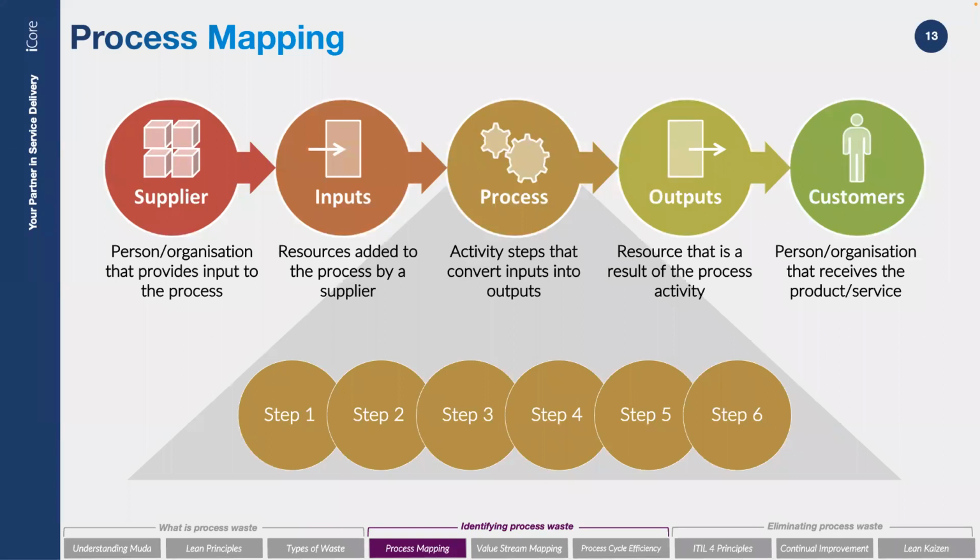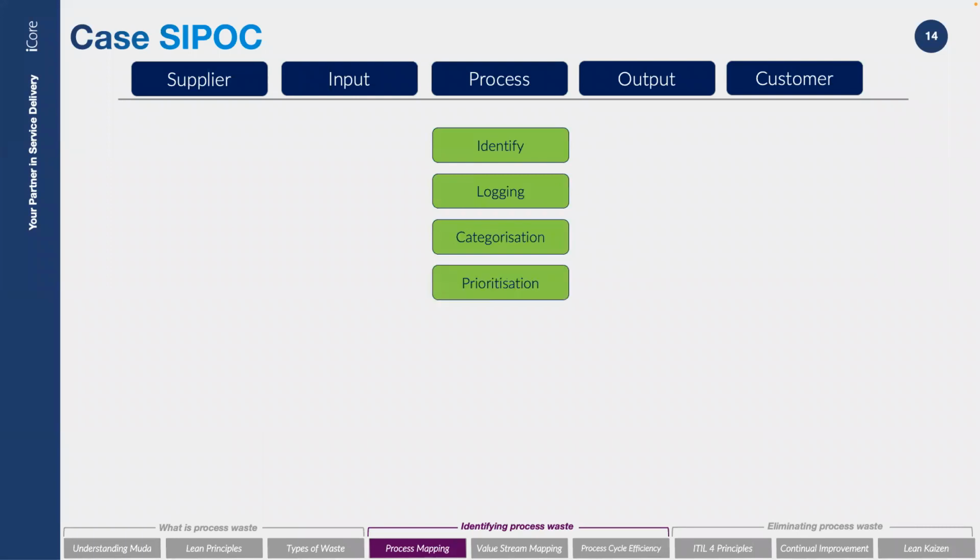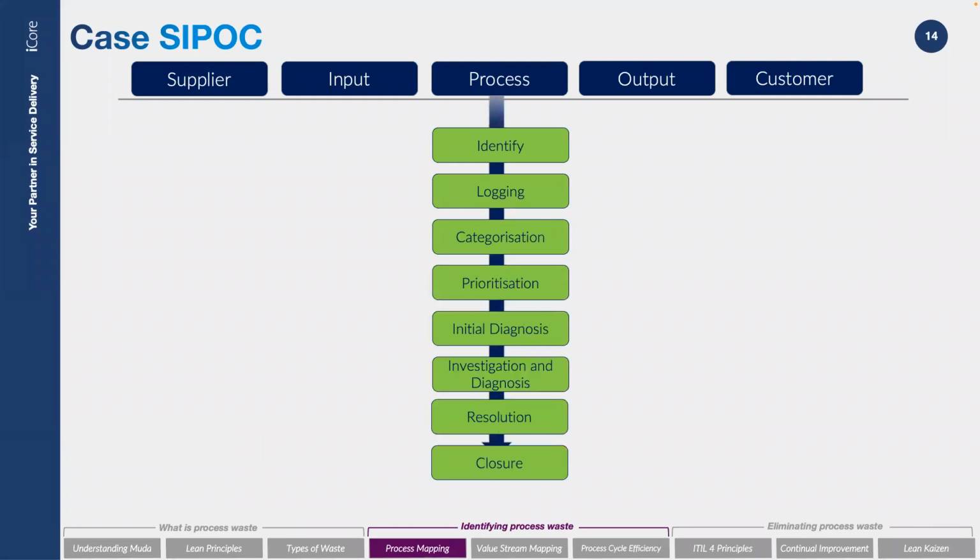So I can give you an example here based on our case. So based on incident management, I've done my SIPOC. So I've got my supplier, input, process, output, and customer. The first thing I want to do is have a look at the process itself. So I have a look at identify, logging, categorization, prioritization, and such like, all the way to the closure. So we know that. That's pretty standard, a la carte ITIL. Don't worry if you don't recognize things here that are in your organization. It's not saying you're doing it wrong. It's just saying it's probably aligned more to what you need.